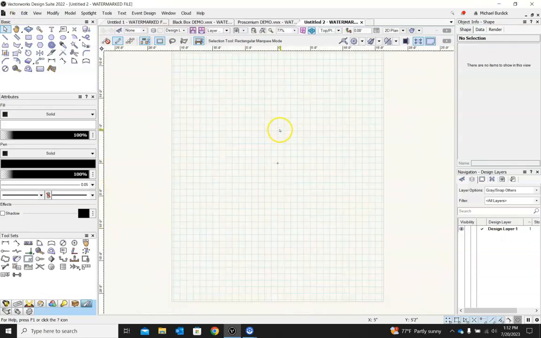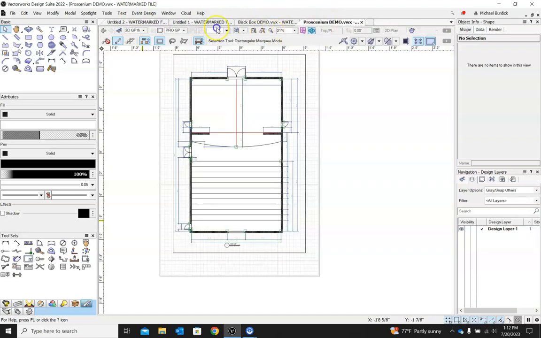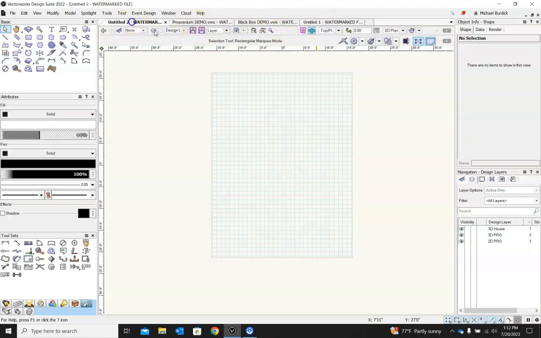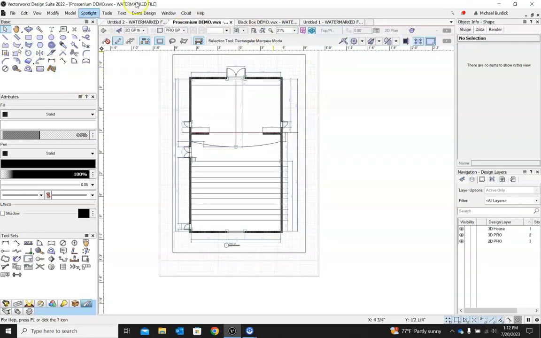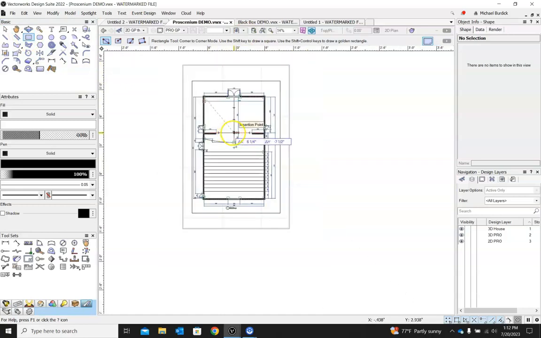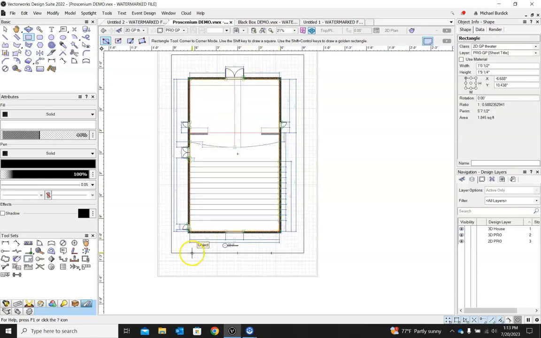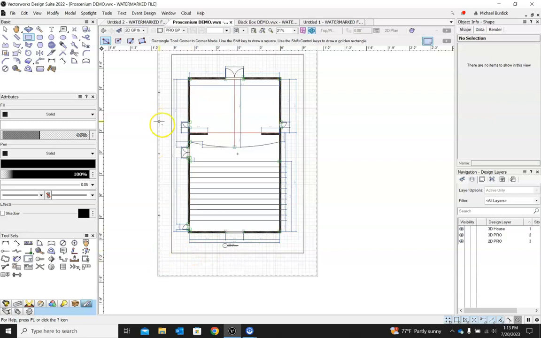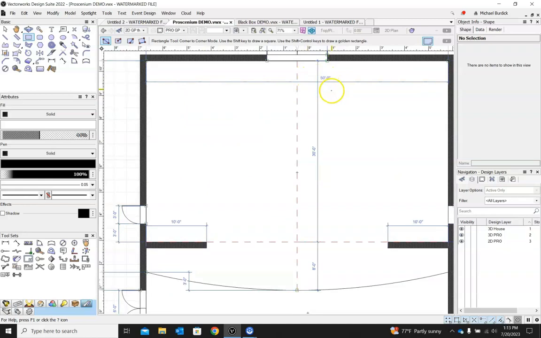So here is our new working file. Let me just drag this over and reorder some of this a little bit. All right, blank file, and here's what we're going to be doing. Now, as I'm looking at this, probably the easiest way to start would be to start with just our big shapes and then kind of work down into the smaller shapes. So for example, we want to probably draw in just that big rectangle first. And those dimensions are 85 foot by 50 foot